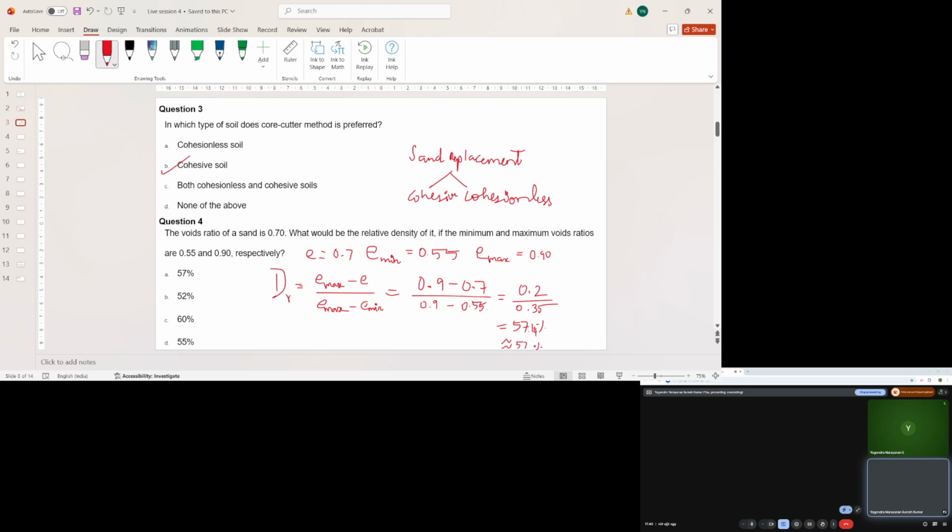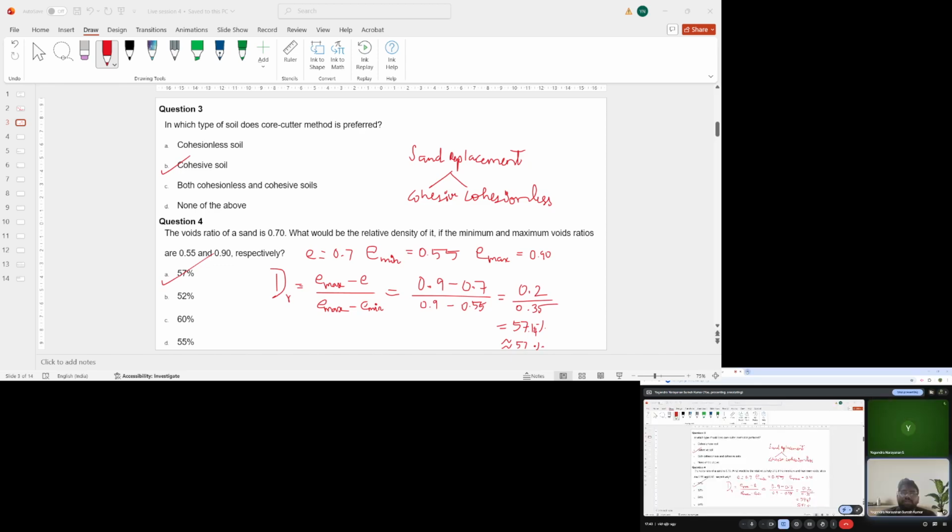And these parameters essentially should be rounded off. There should be no decimal places as such. It is usually a ratio where we round off the decimal to two places, and hence the percentage should be expressed as a whole number. All right. So the right answer is 57 percent. All right. Any doubts?